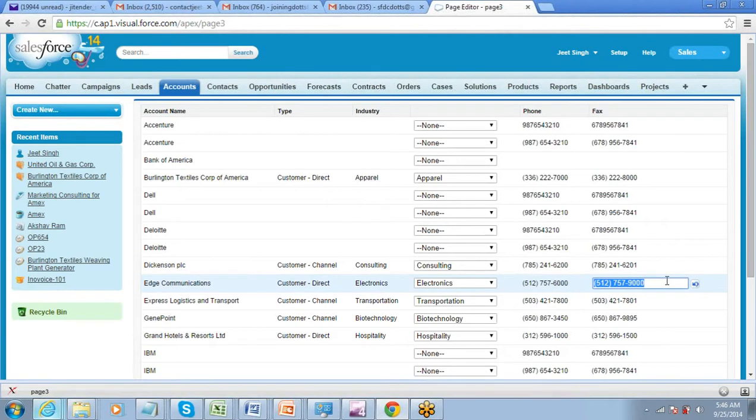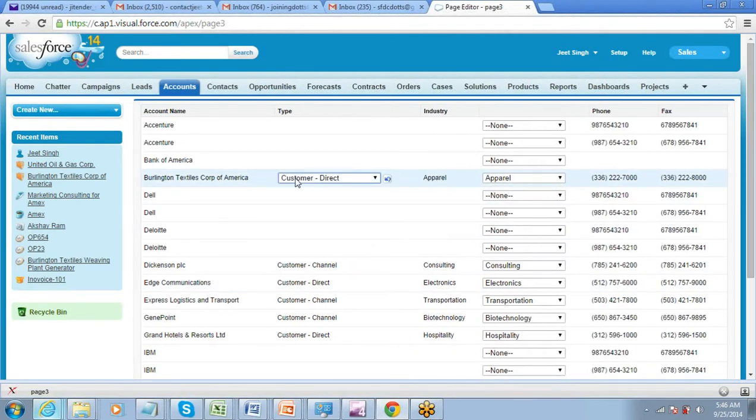So this is what your inline edit support does. In case you do not want to create an input field, the alternative is this: allow the inline edit support on your table. So this is one thing that you can do.